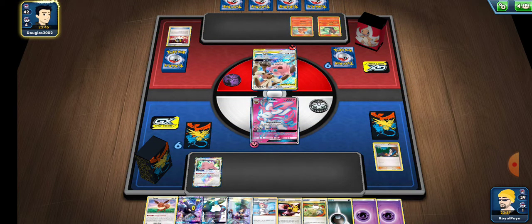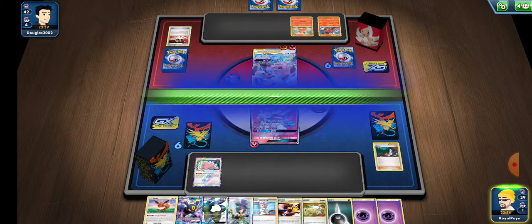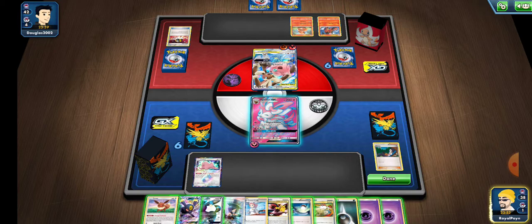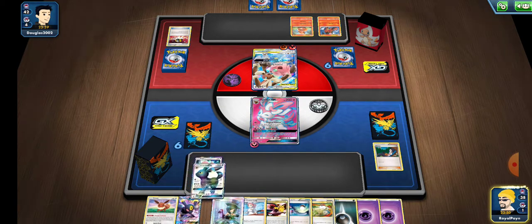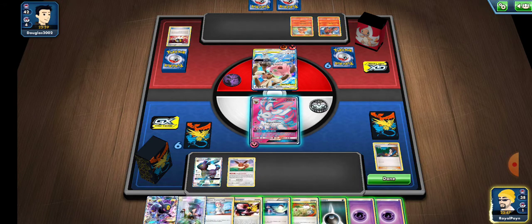And now our hand is pretty well loaded up. We got some good options. Now we need to do... Oh, no! I forgot to get the energy! Oh, no. That's not good. Okay, so... Alright, so the good news is we can evolve our Ditto into an Umbreon. The bad news is I screwed up. So...